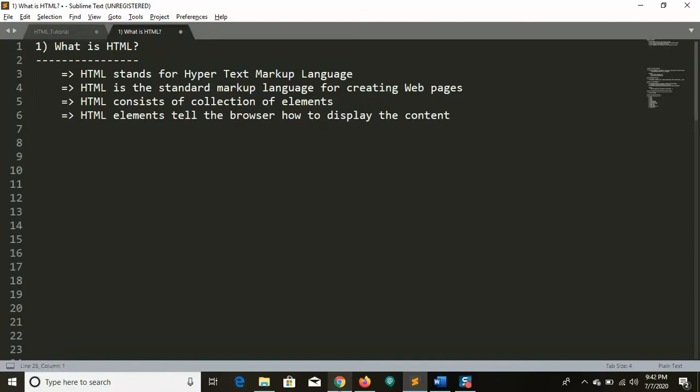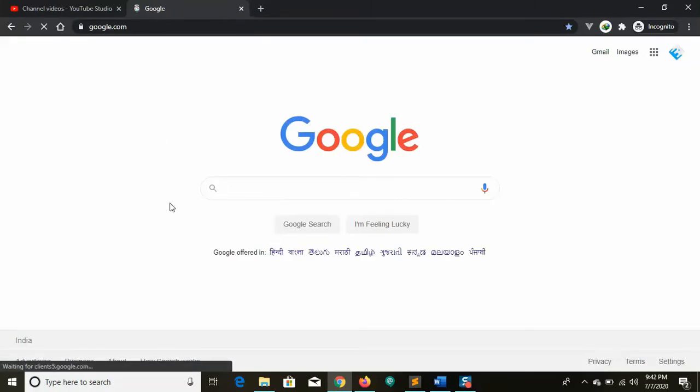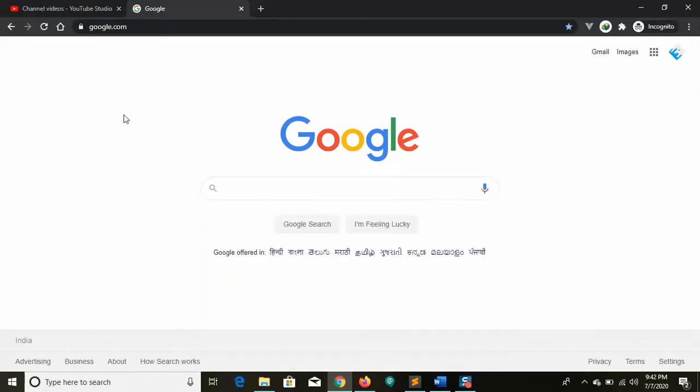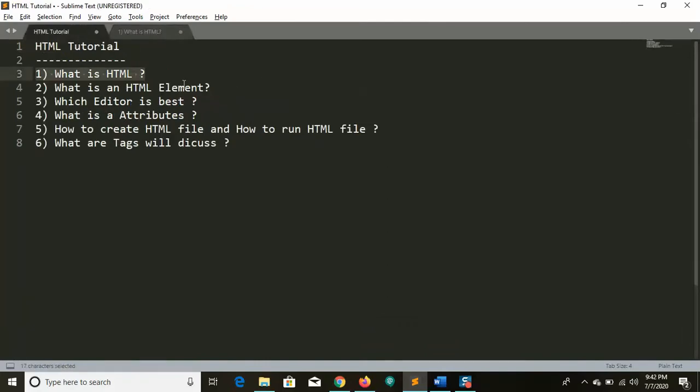So on a daily basis we may see Google pages, right? So it is also HTML. These are the anchor tags. These are the text boxes and buttons. Daily we are going to see this type of thing in general life. Okay. So have you thought how we can create HTML pages by using some scenarios? Okay. So this is the introduction about HTML, and we'll see what elements will be contained in the HTML.